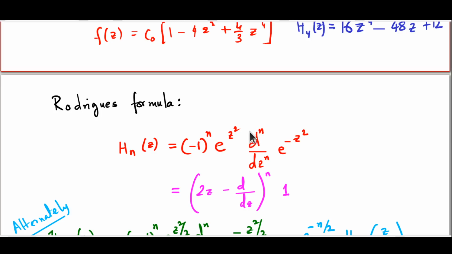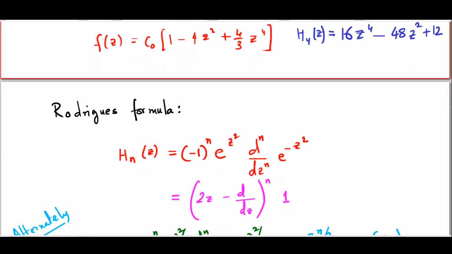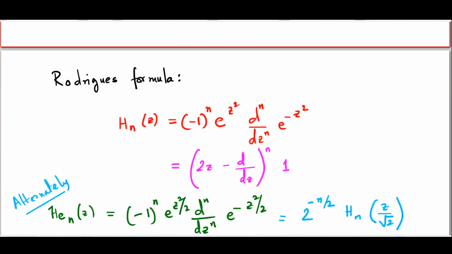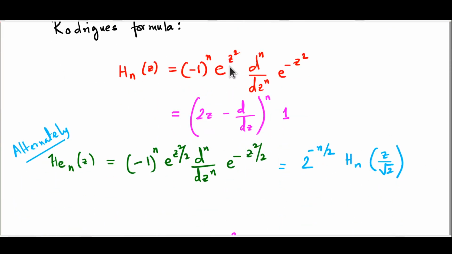By the way, I've kept on saying that there's a mathematician's version of Hermite polynomials. In fact, the mathematician's version is very similar, except that instead of e to the z² here, you have e to the z²/2. You still do n derivatives of e to the minus z²/2, and the mathematician's version is written He(z). So Hen(z) and Hn(z) are both nth order polynomials, but there is a small difference between them. In fact, you can easily show that this mathematician's version of the Hermite polynomial is related to the physicist version by this expression. We will be using the physicist version exclusively